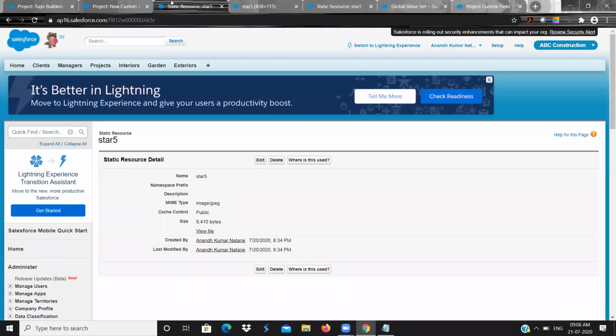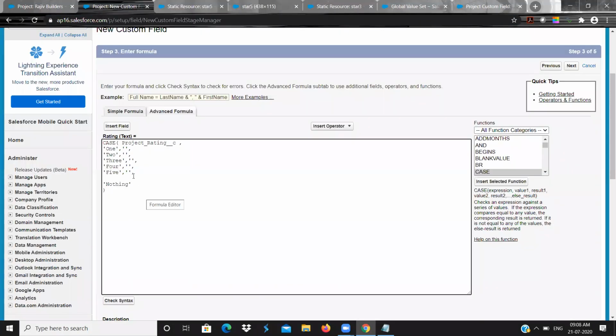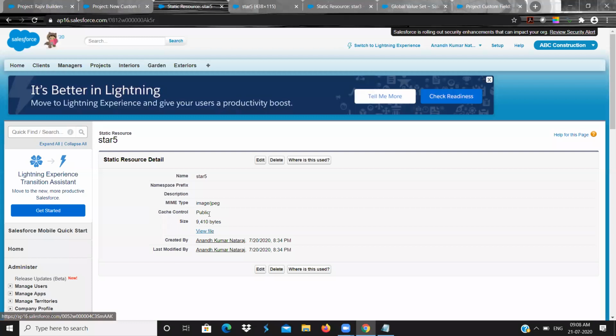Up to this is the base URL for the Salesforce application. So no need to take this, but you need to put this path. So copy it, and for 5 rating, you can put it here. So it is done.